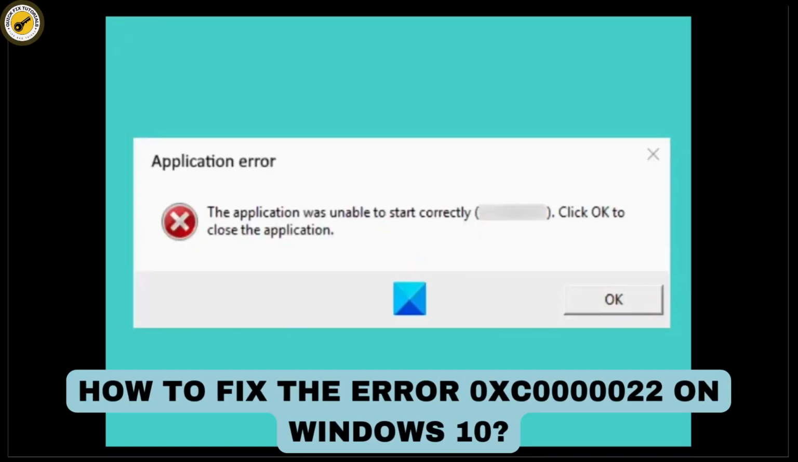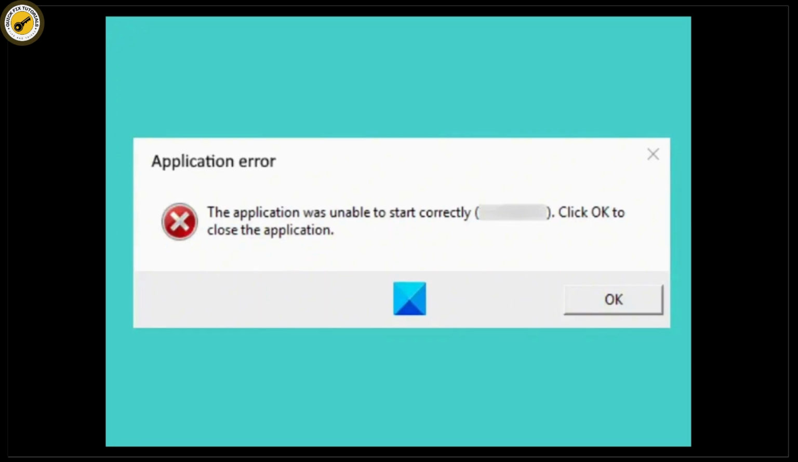How to fix the error 0xc0000022 on Windows 10? The application was unable to start correctly. So let's get started. The most common reason for this application error is when the program is facing trouble